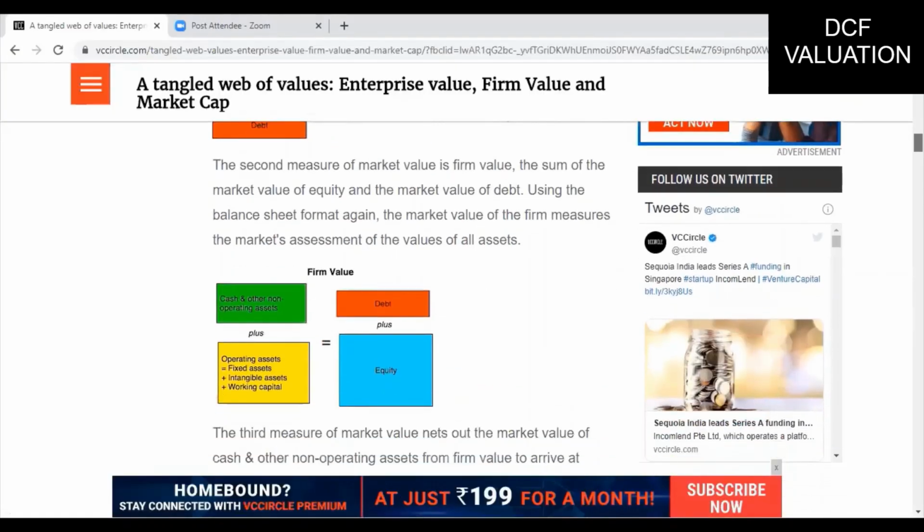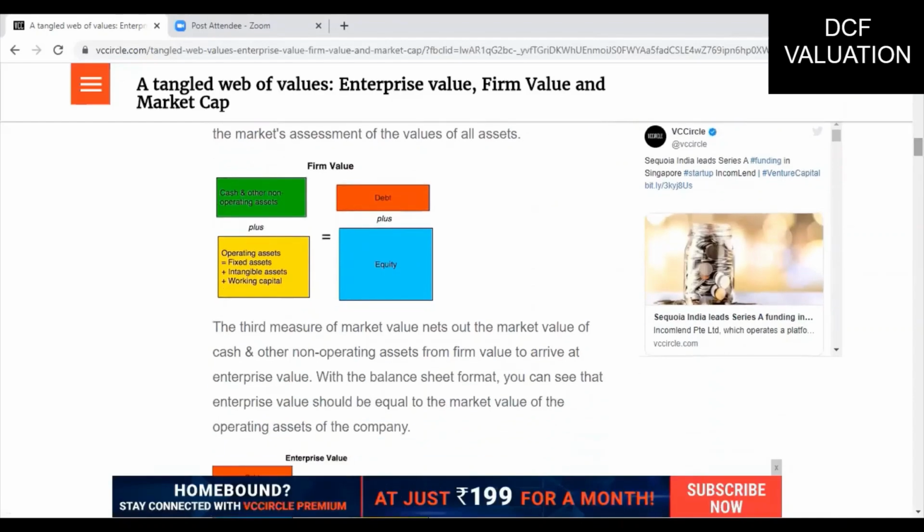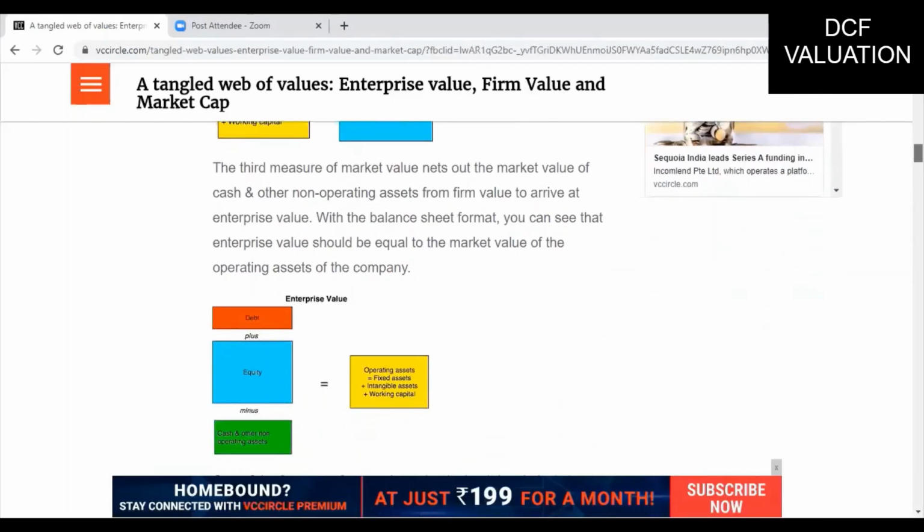How do we distinguish that from firm value? Firm value is actually the sum of the market value of all the assets. Or, by looking at the right-hand side, it is the sum of the market value of debt and the market value of equity. If there are other claims, preferred stock, for example, and those that we mentioned earlier, those are also included in firm value.